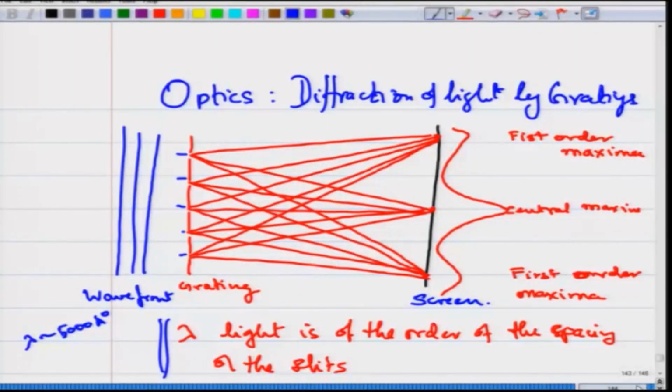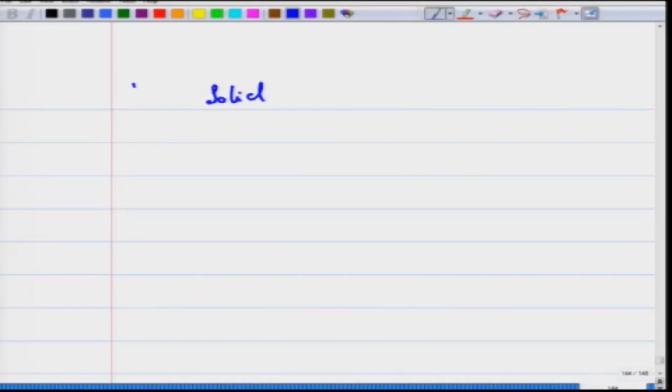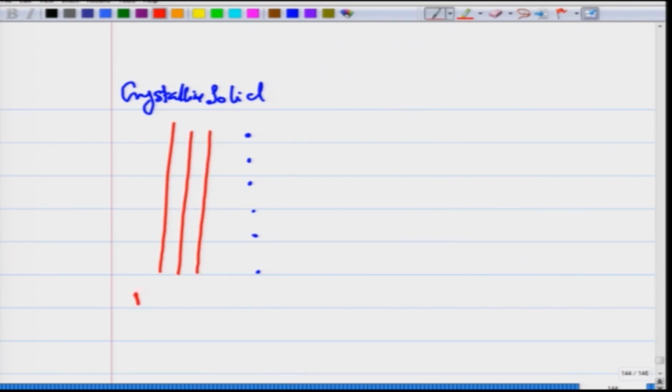One can also think of a solid. People already suspected that the solid has a periodic arrangement of atoms. Even before they saw it, they had suspected that a crystalline solid can have a periodic arrangement of atoms inside it. So, for a crystalline solid, there is a periodic set of atoms present inside the solid, and a plane wave is incoming